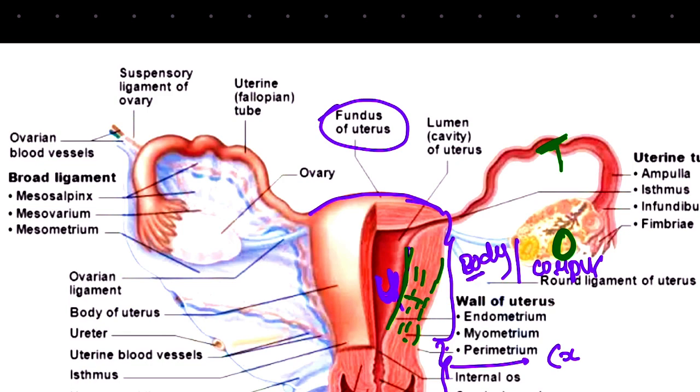Now if you look at the uterine cavity, it is seen as triangular in shape. Why? Because we are looking at a coronal section. This uterine cavity continues with the cervical cavity, the cervical canal. The uterine cavity continues with the cervical canal through the internal opening, and this cervical canal continues with the vaginal canal through the